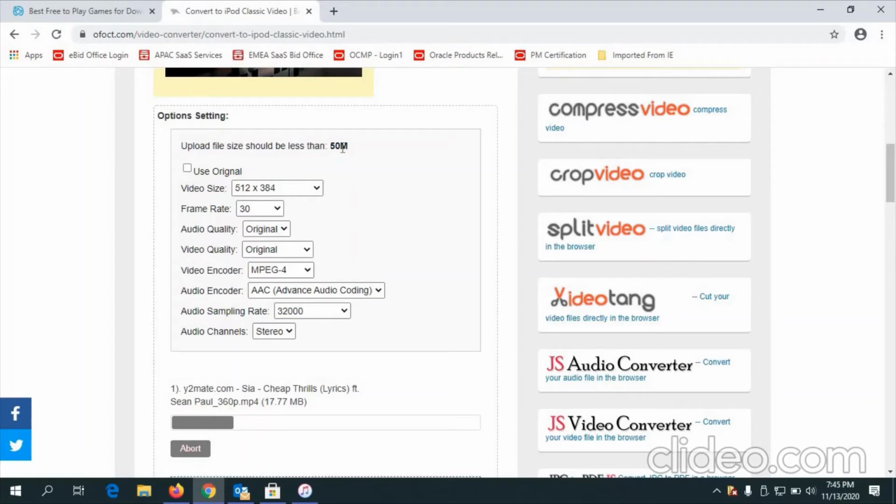And the advantage is this is a web app. So if yours is less than 50 MB, you can use this, or else more than 50 MB, I'm going to tell you the second method. The second method is an app. You have to install the app for doing it. This is web based. Okay, I'll tell you both the methods. Okay, it's just almost done, but half is done. Let's wait.